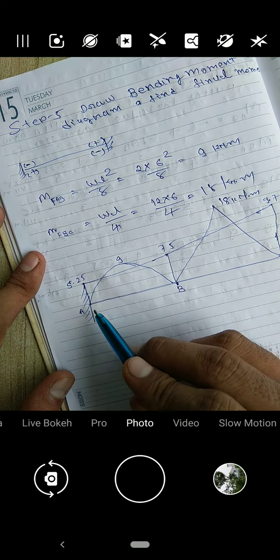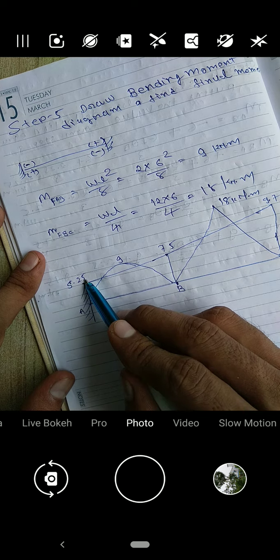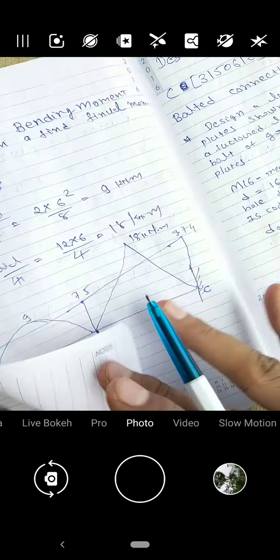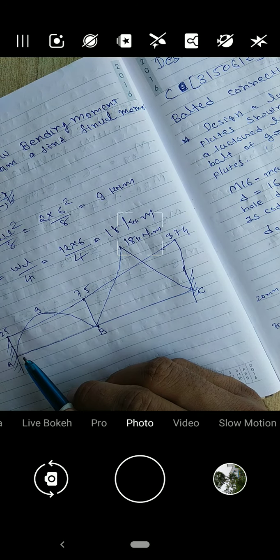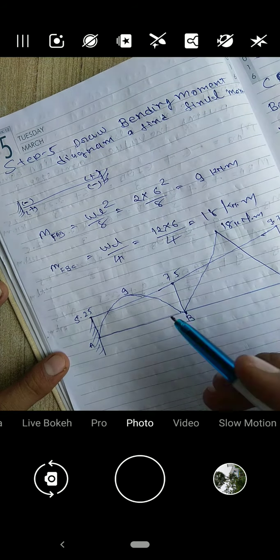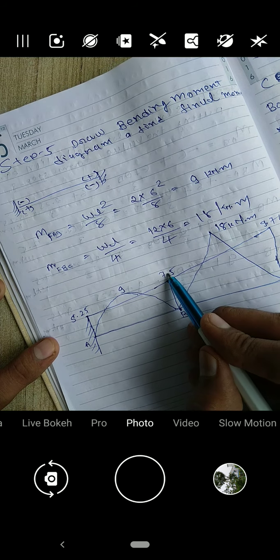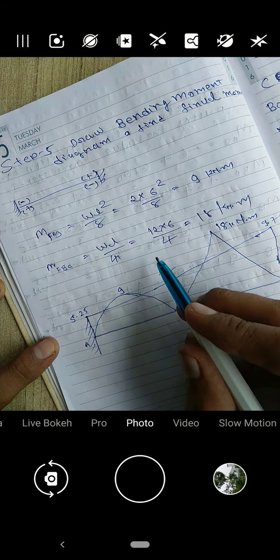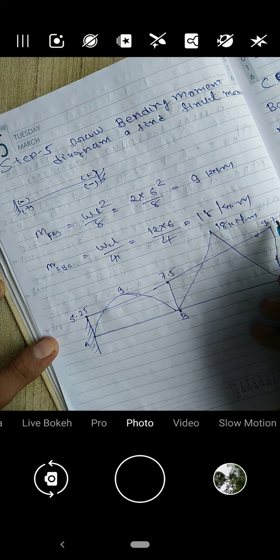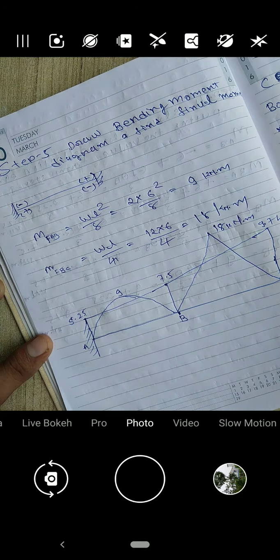Now the final end moment for 5.25, here it was minus 5.25, then minus minus plus, so we put it. Similar way 7.5 was also minus, so minus minus positive, so 7.5 will be there and 9.75 will be there. This is a simple example of slope deflection.